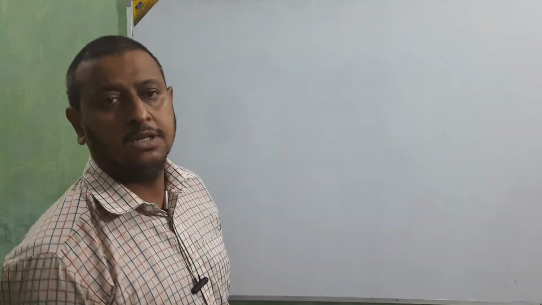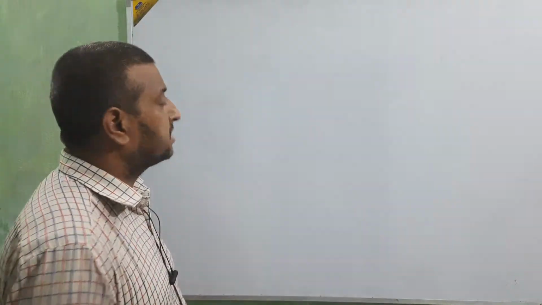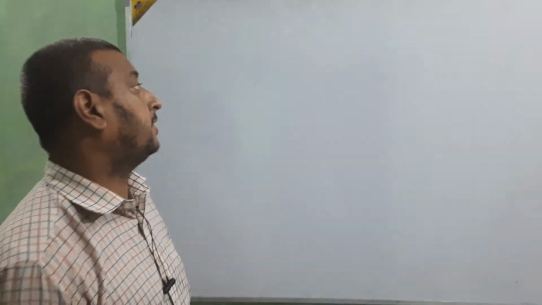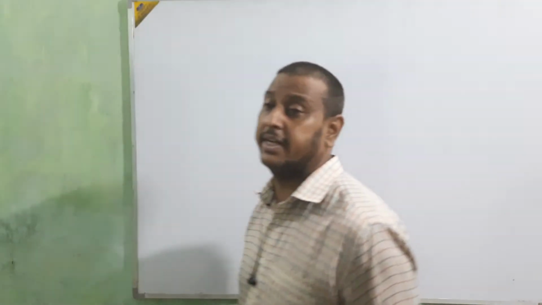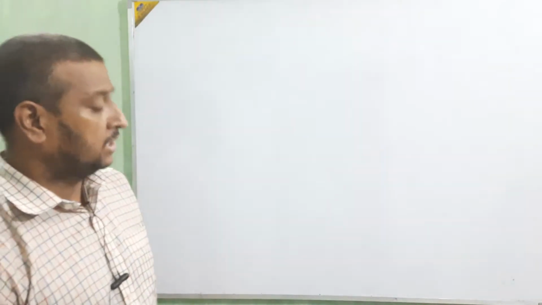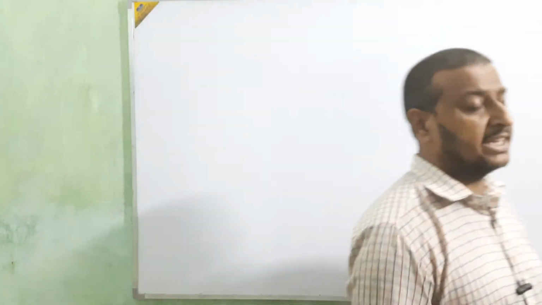Good morning, students. Today we are going to start a new chapter, and the chapter name is ledger. After finishing that chapter, the next chapter is cash book. But I am not going to start with the cash book because the posting system comes first. For that, first we are going to learn about the ledger, because in the same way as the ledger, we are going to do the posting of the cash book. So now we are going to start with the ledger.